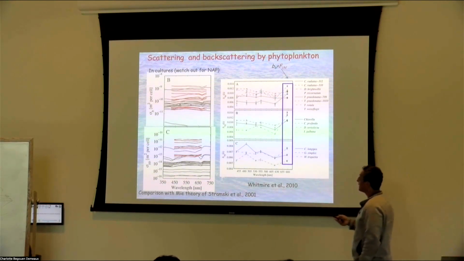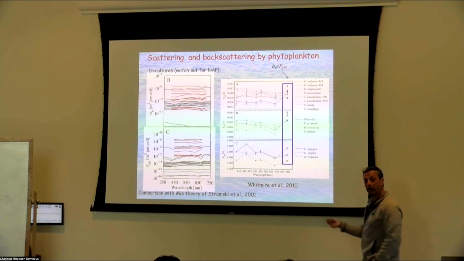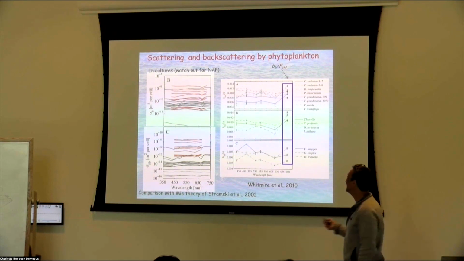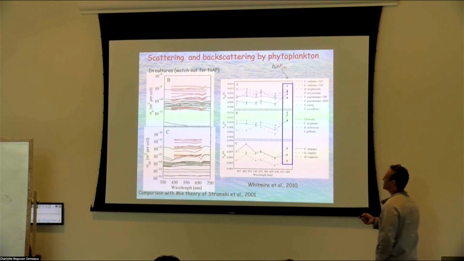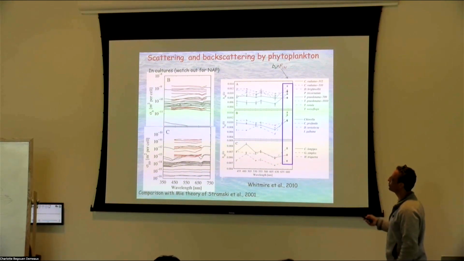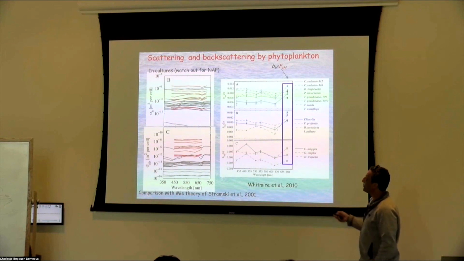And what Amanda Whitmire and other students from this class did in the thesis is just run a whole bunch of measurements on cultures with the instruments available at the time. This is the HydroScat-6, this is the BPP. And what she found is when she looks at the cross section,